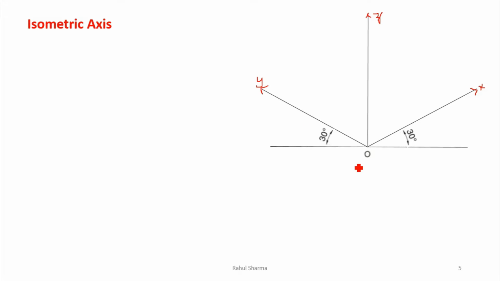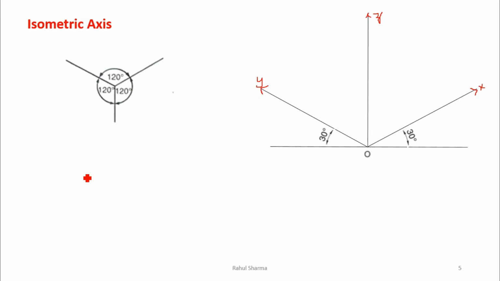So whenever we have to draw a 3D object, we need to draw three dimensions in three directions. These are the three directions, OX, OY, OZ. The two are 30-30 each, and the z axis is 90 degrees. So how do we get these axes? This is the meaning of isometry, 120-120 each, but I will explain how we are getting this.